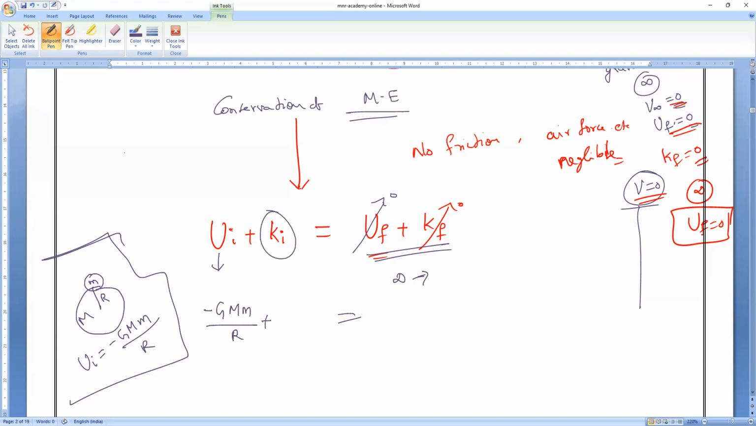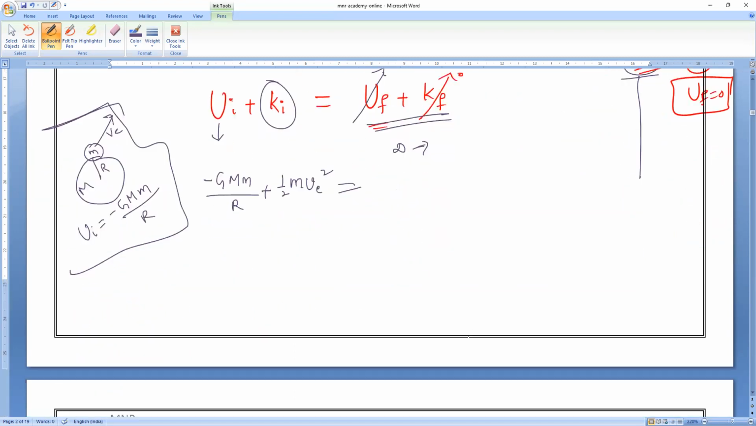Can you tell me the initial kinetic energy? It has been thrown with velocity V. So what is the initial kinetic energy? Half into m into V square. Am I right, guys? Over, which is equal to 0 plus 0. So now this minus will come to this side. It will become half m V square is equal to capital G into capital M into small m divided